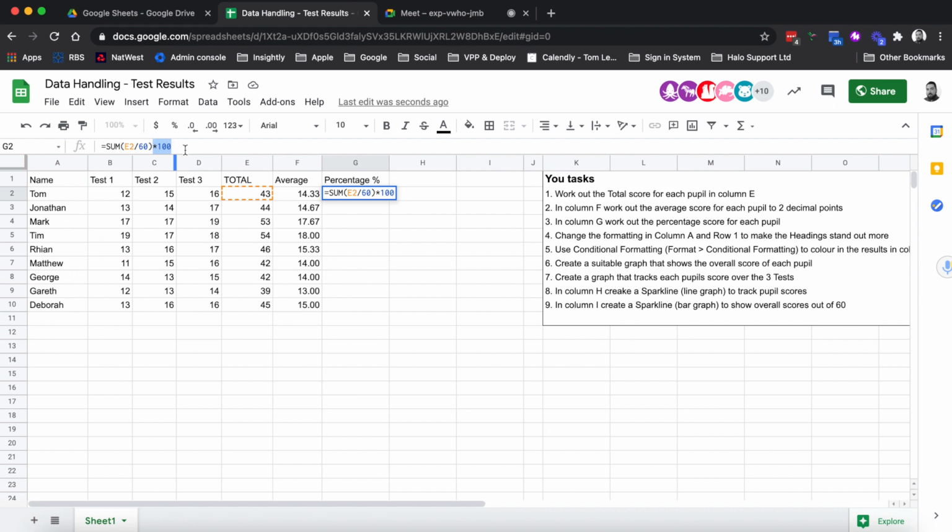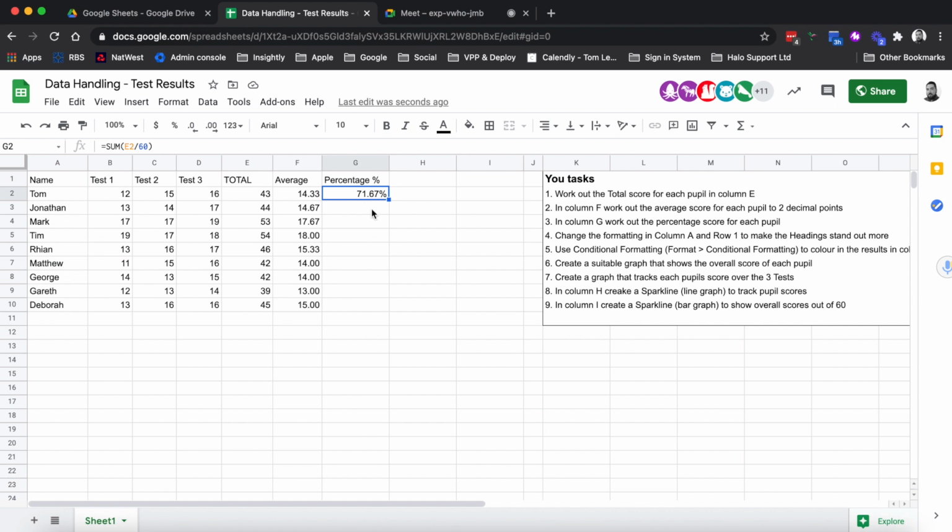So it's one of those things you've got to decide, I guess, when you're teaching the pupils, is that the correct way to work out the percentage that somebody got is to do this formula, including the times 100 bit at the end. But if you want it to appear in Google Sheets with a percentage symbol at the end, you can't include the times 100 part. Basically, you're telling Google Sheets that this is a percentage, so it knows that if you're putting this formula in, it knows what to show it as, because